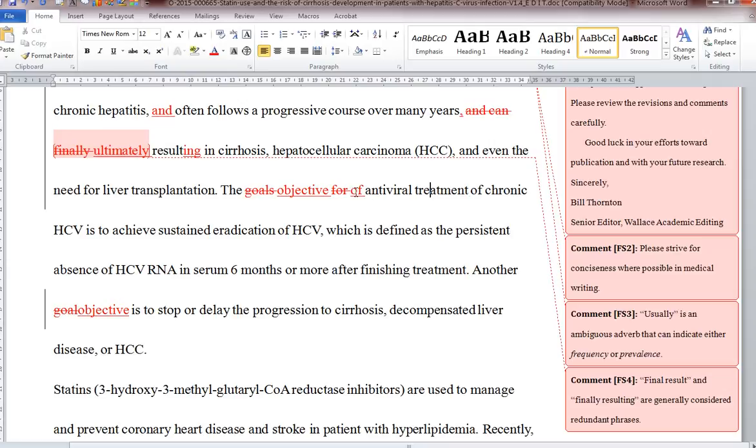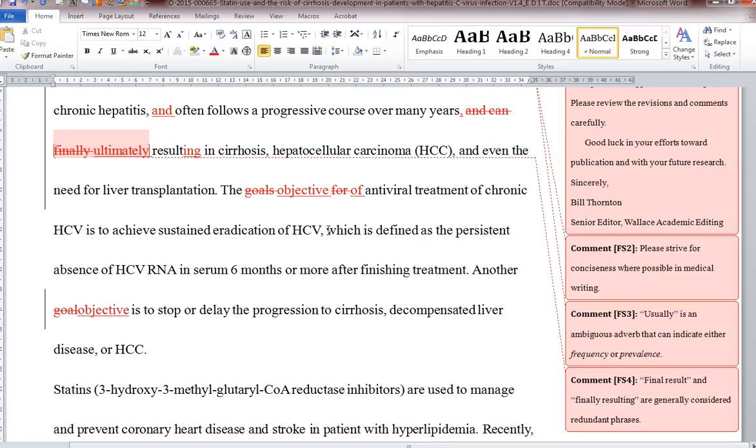However, if one were to leave for antiviral treatment of, probably wouldn't be a problem. I don't often say that. Prepositions are critical. They're small, powerful words. Choosing the most appropriate one is critical to most instances of expressing meaning accurately. Okay, antiviral treatment of chronic HCV is to achieve sustained eradication. Okay, okay,